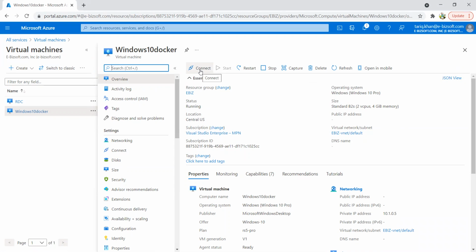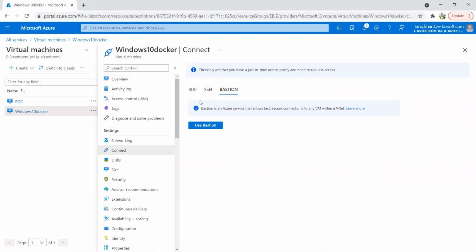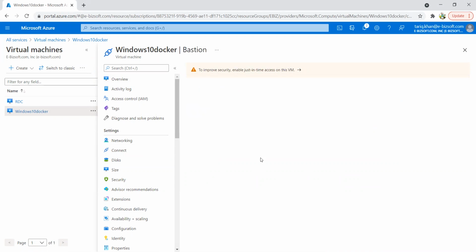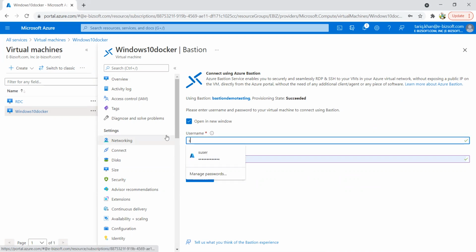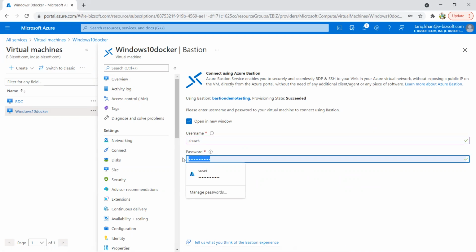I click on it, connect, and here Azure Bastion. So I click on Bastion, and I select use Bastion for this remote connectivity, and I just provide the username and password for this remote desktop connectivity. And here we go.